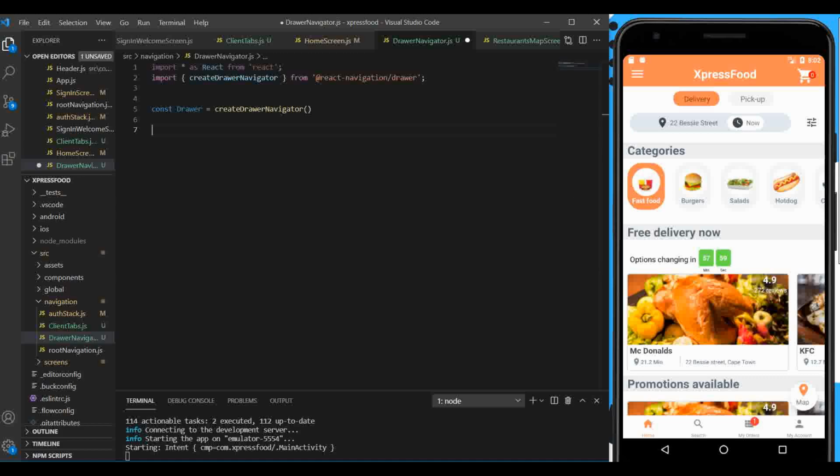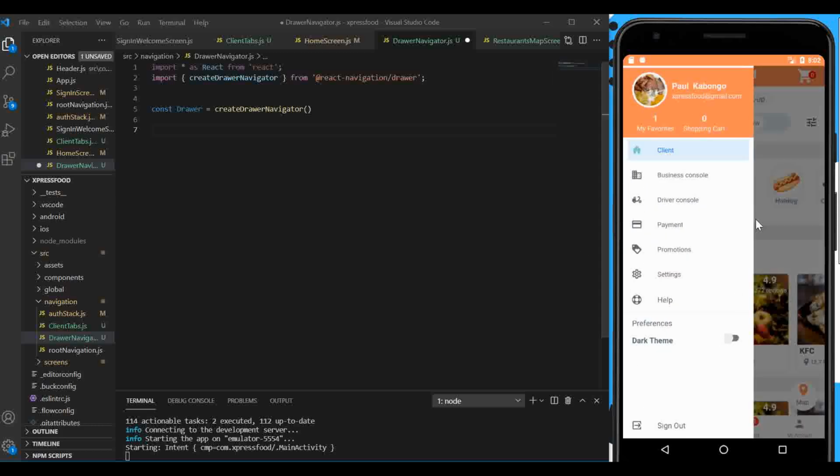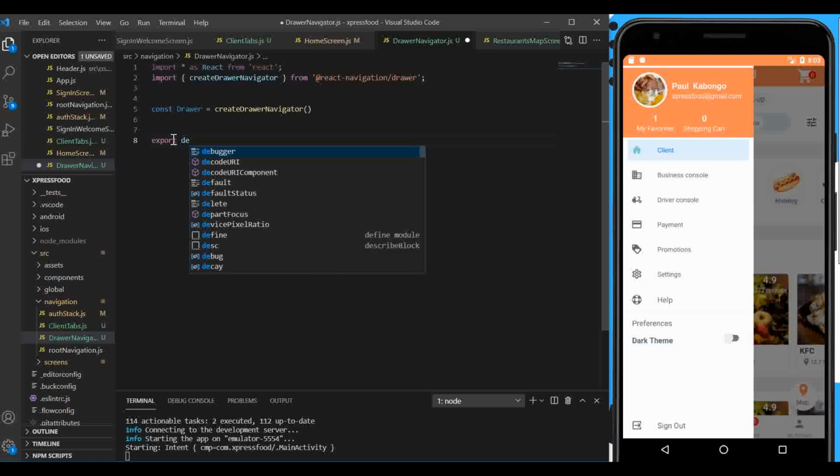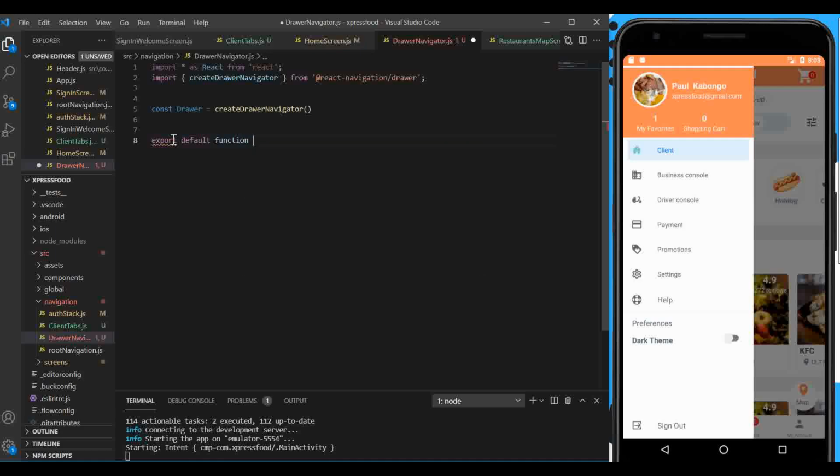And then we need to create the functional component which will render this drawer navigator. So I'm also just going to call it DrawerNavigator. So I'm going to say export default function, call it DrawerNavigator. And this will return the drawer navigator component. So I'm going to say return,